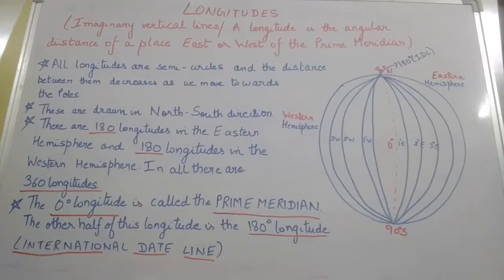Now children, let us also talk about the importance of your international dateline. What is the international dateline? On maps, this line is drawn in a zigzag manner to avoid confusion in time. Because whenever a person crosses this international dateline while traveling, there is a change in the date. So the watches need to be adjusted.